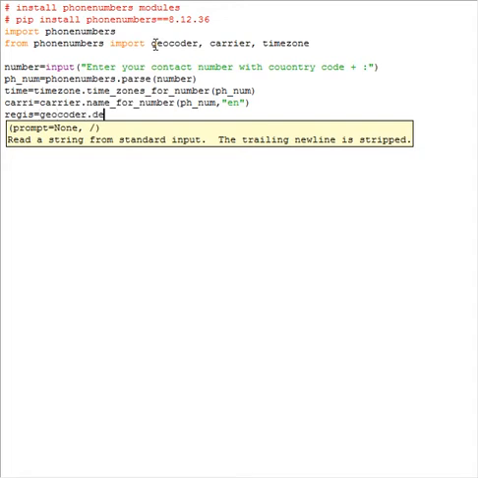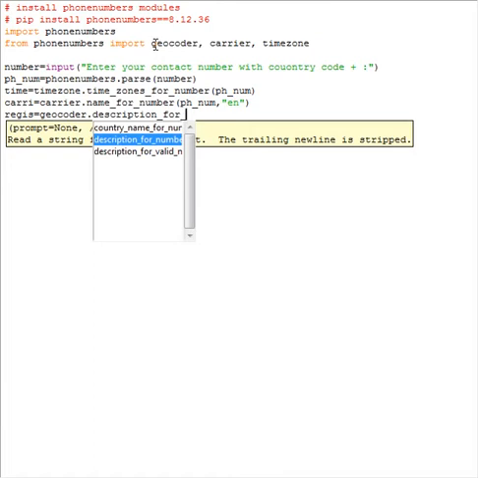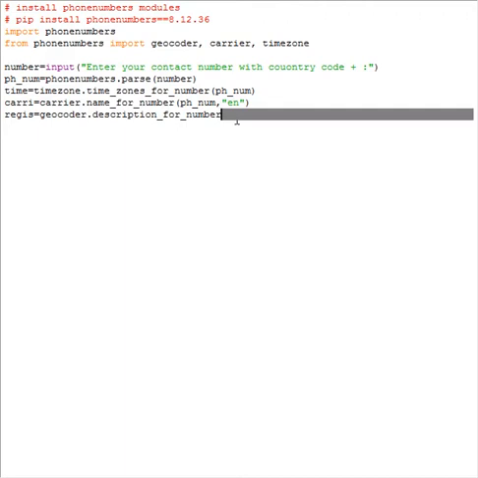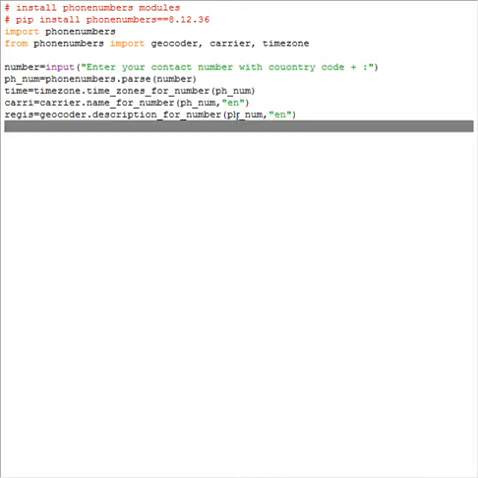So geocoder dot description for number, then PH number, comma, English, then close. So time, carrier, and then print